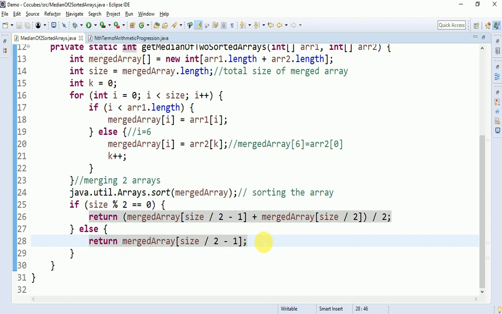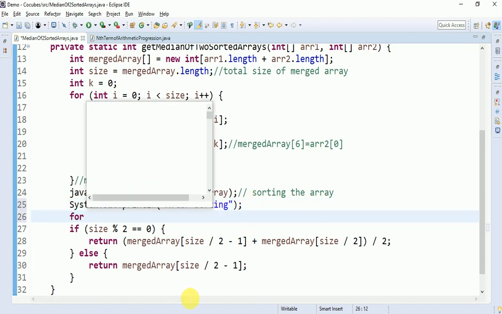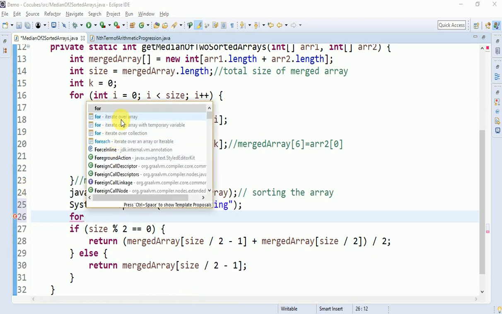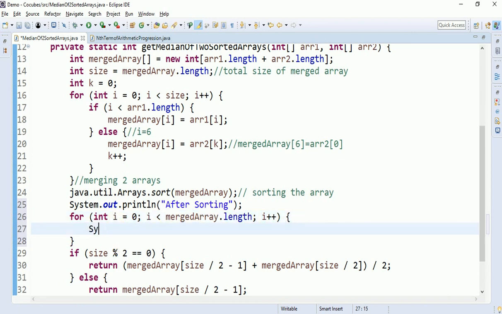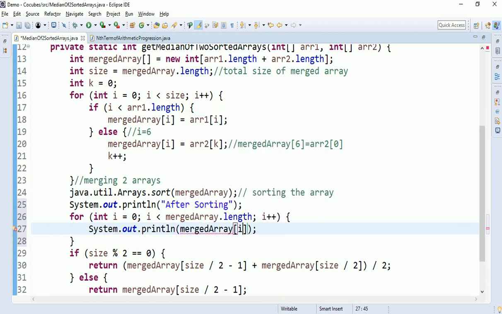If you want to see after sorting, just give a SOP message. After sorting, just take a for loop and print the array, merged array of i.